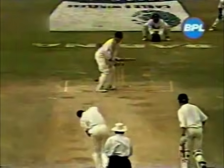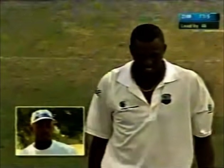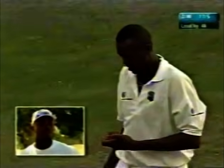And Curtly Ambrose is at last rewarded for a wicket in this test match. No doubt it was going to hit the stumps. Just kept a little bit lower than he might have expected it. Only question was, did it...